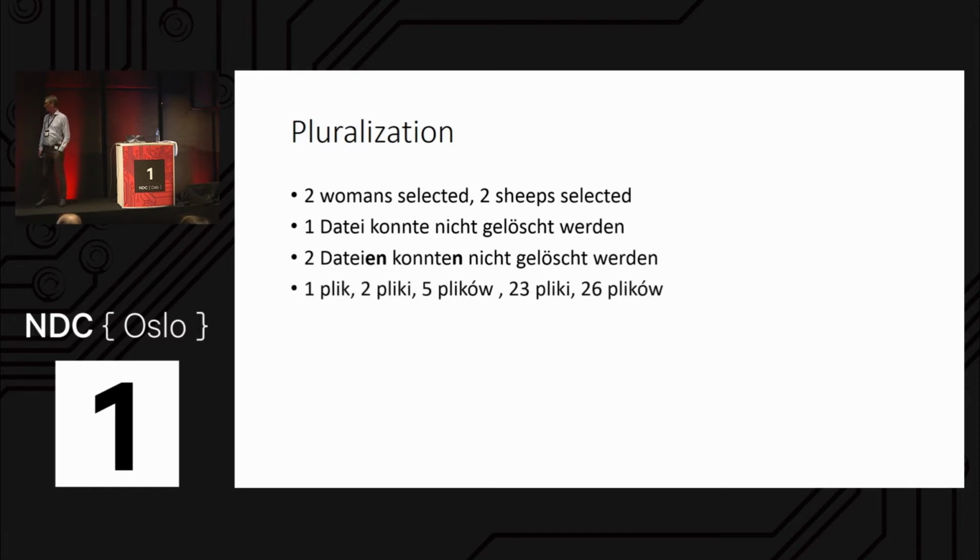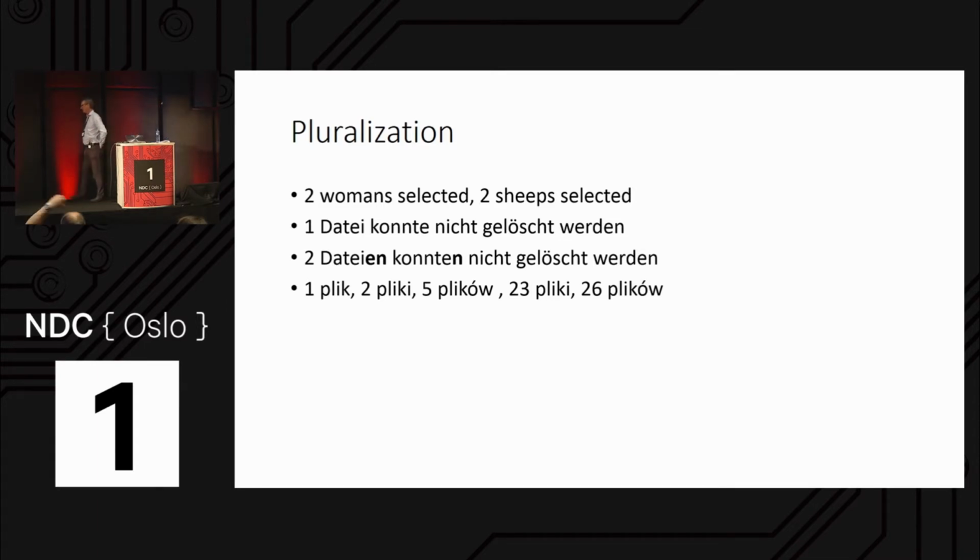And this is just a start, because if you go to Polish, you have one case for the singular, then you have one case for 2, 3, and 4, and then it's suddenly a different plural for 5. And this has something to do with the genitive case, but I don't actually understand Polish very well, so jeden plik, that's one file, dwa pliki, 2 files, and pięć plików, 5 files.